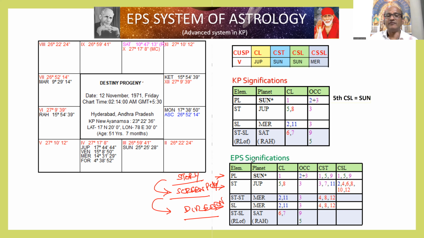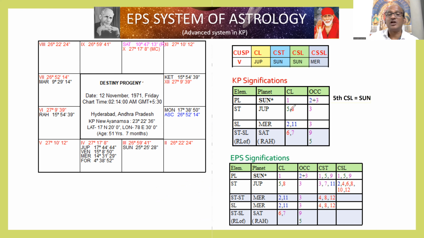Sometimes, suppose the story is a very good story, for example Mahabharata or Ramayana, a very big story, but the script is not good, it is mixed, and the direction is also not good, then it is going to be a flop, right? So what is important? We have to study what story it is saying, what planet is having, what star lord is further supporting that organ. Sublord is also further supporting that. Otherwise, if you take only the signification, that is not going to give the result. I will tell one more thing also.